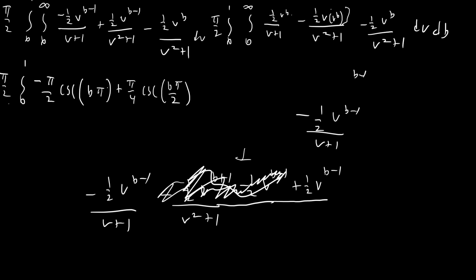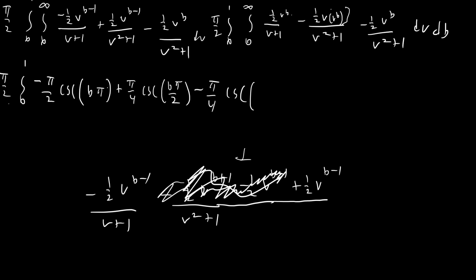Alright, looking pretty good so far. And then we're going to have plus or minus pi over 4. That shouldn't look like this. Oh, I flipped the negative sign, didn't I? Oh, it doesn't matter. Cosecant